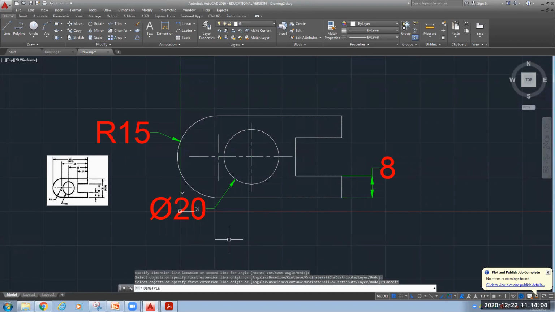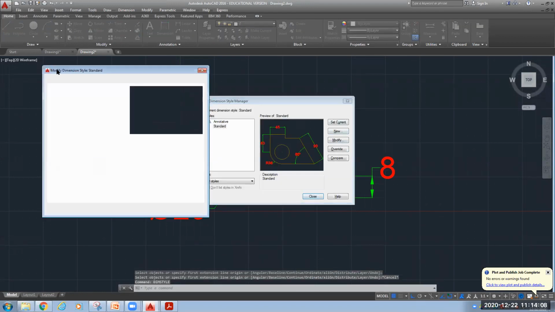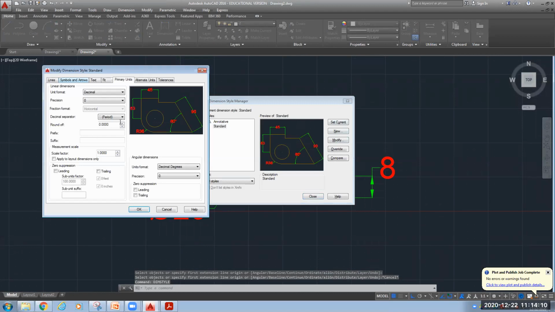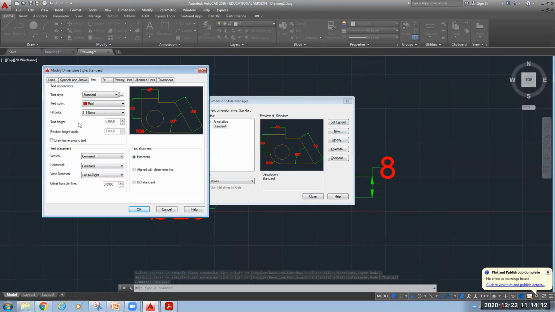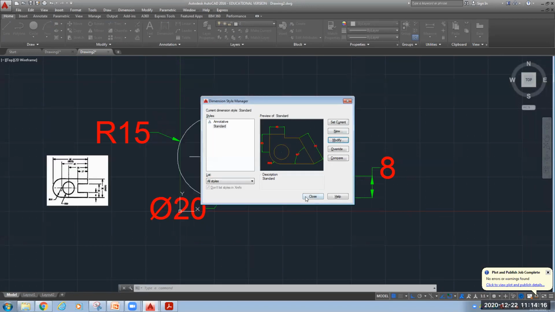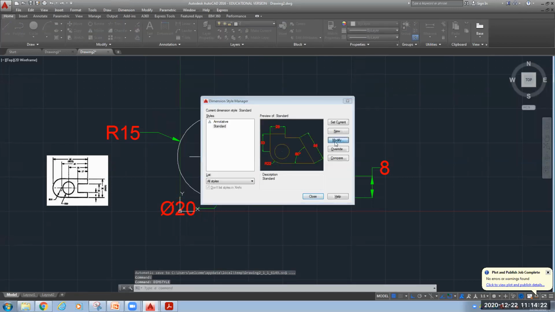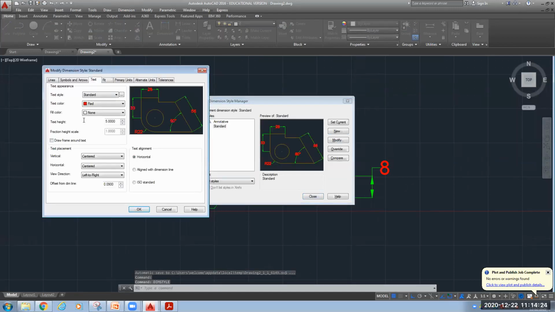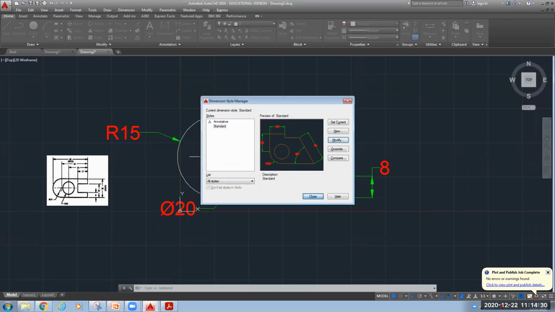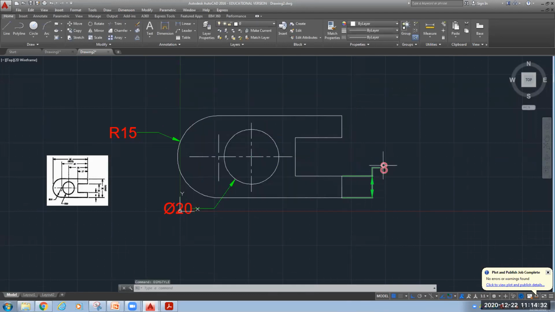You can see on the command line, dim style is there automatically. I'll go to modify, text. Text height I can make 5. Let's see how it is looking. 5 is good. If you further want to make it smaller, go to dim style, modify, text height, make it 4. Close. Yes, now it is looking good.